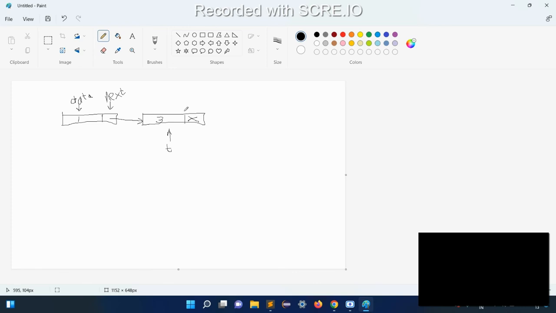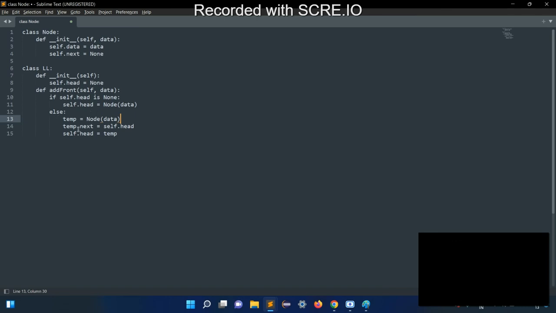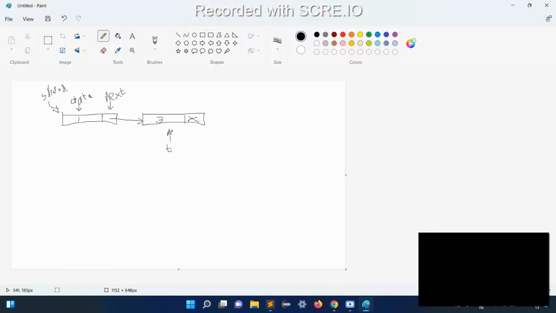Now self.head is already pointing here, because we have already added the first element. And now when we are adding the second element, the temp node is pointing here,